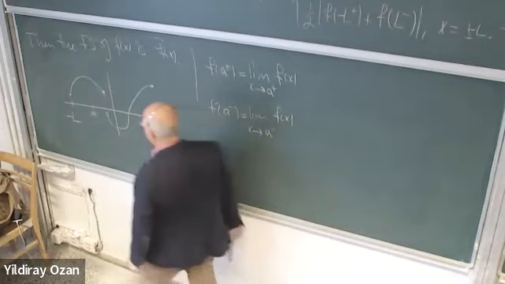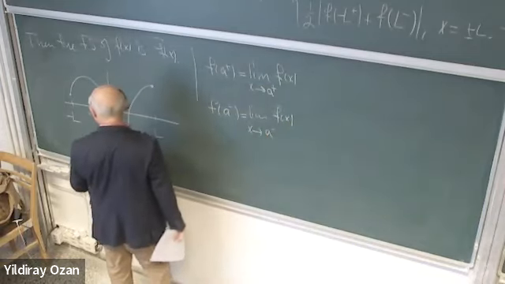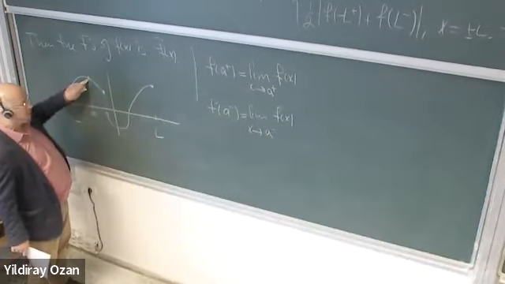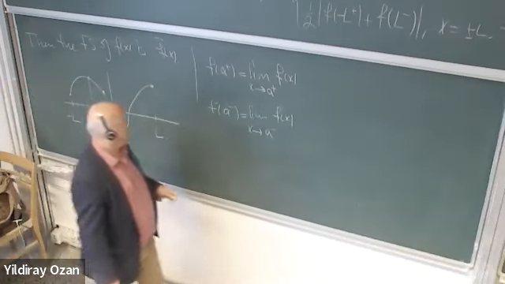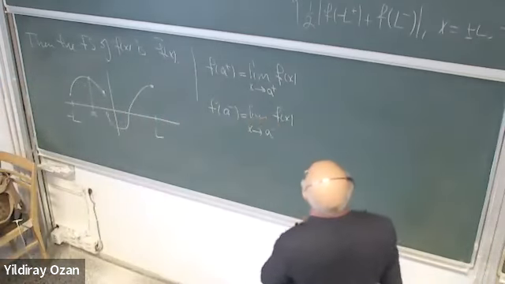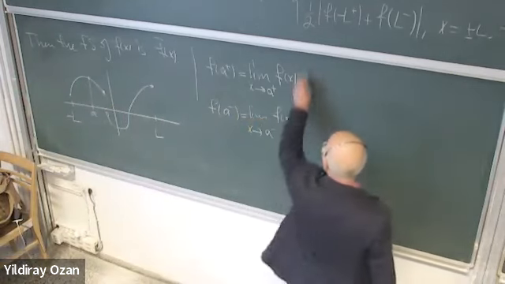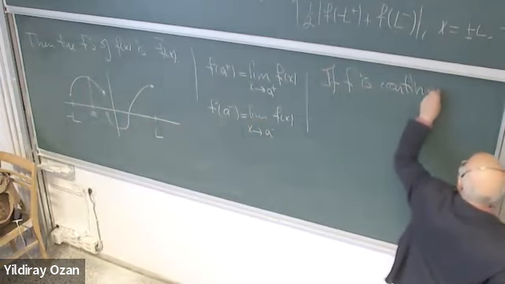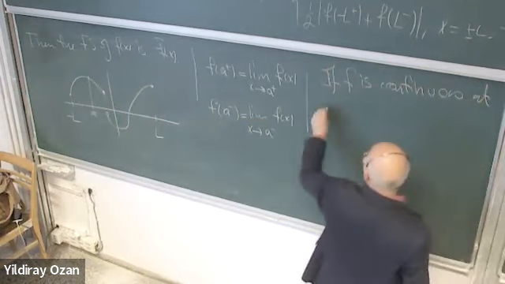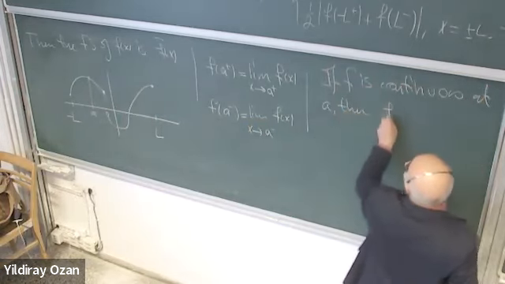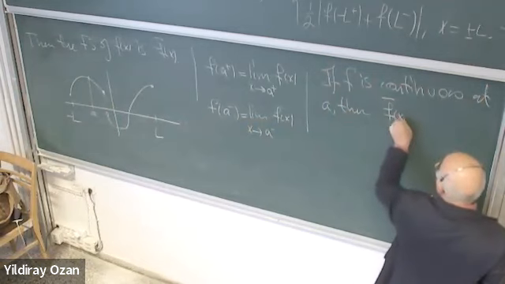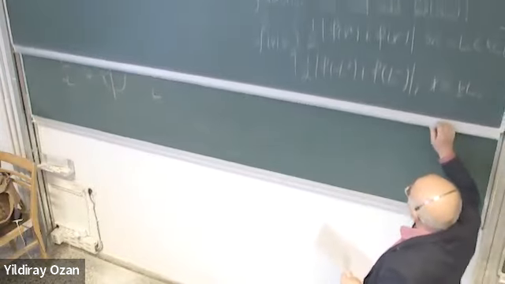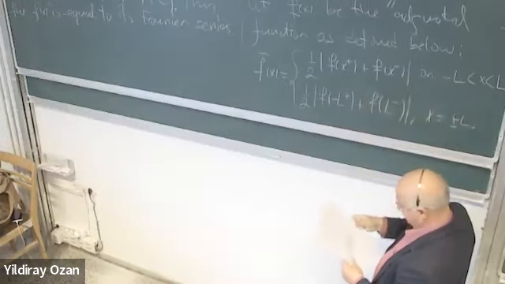So this point, okay, for this one, if it is continuous, of course, at this point, then the left and right limits are the same. But in general, they may not be the same. So if f is continuous at A, then of course this f bar A is what? It is the arithmetic